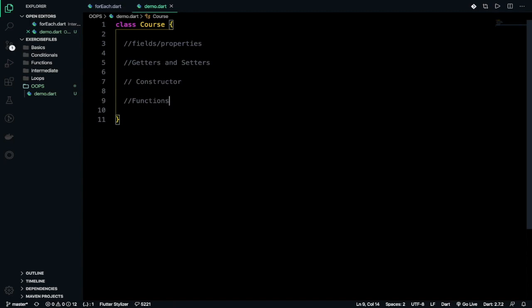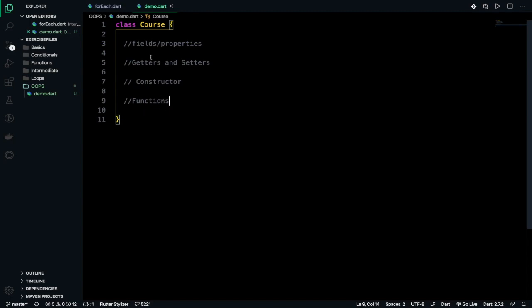We call them functions inside the class, and if we're using functions inside a class then they are called methods. Today we'll be talking about fields and properties and functions inside a class, and then we'll talk about getters and setters and constructors in the next video.